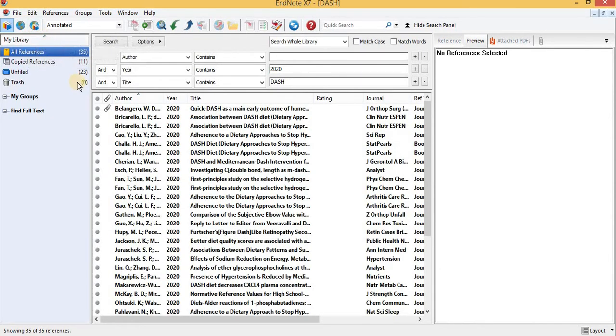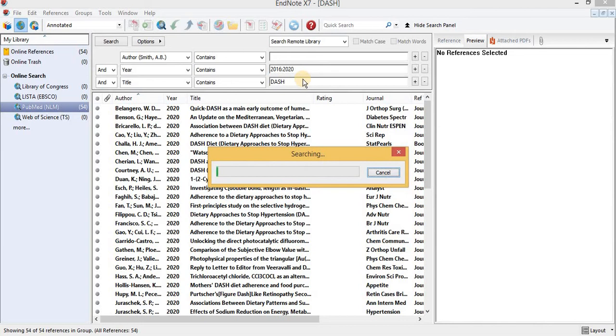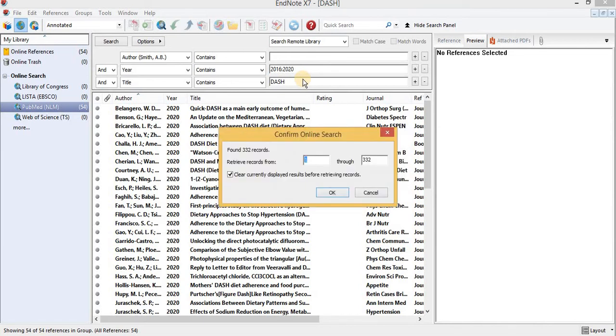Okay. So like this we can search. If I would like to search, it will show me the results of the previous 5 years from the selected PubMed NLM. There are 332 articles in the previous 5 years.